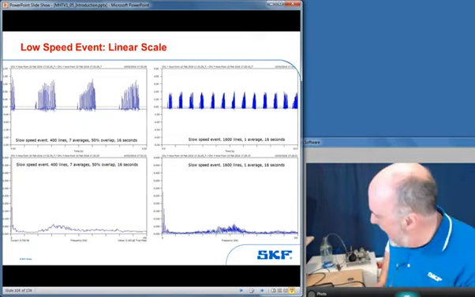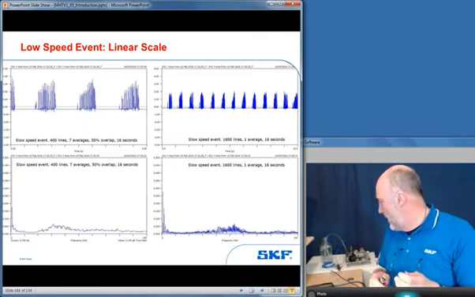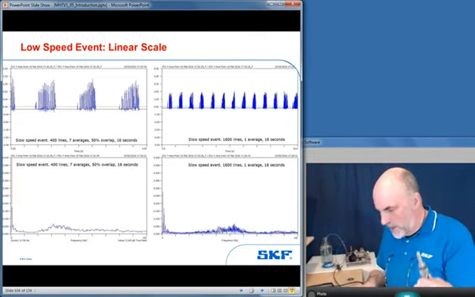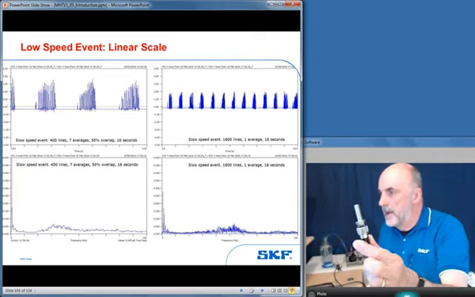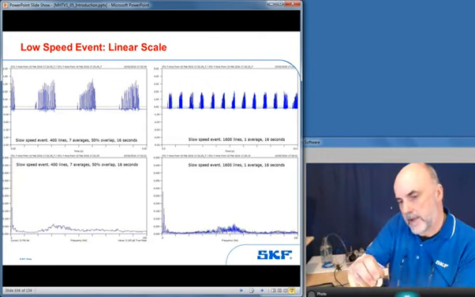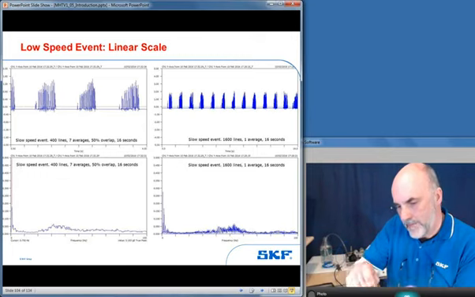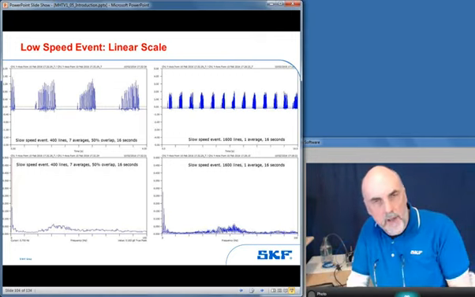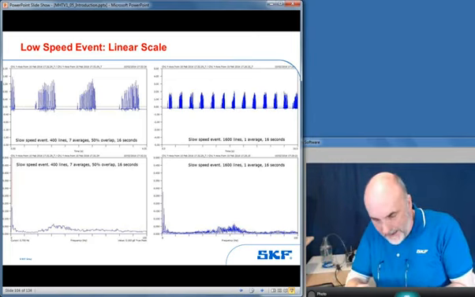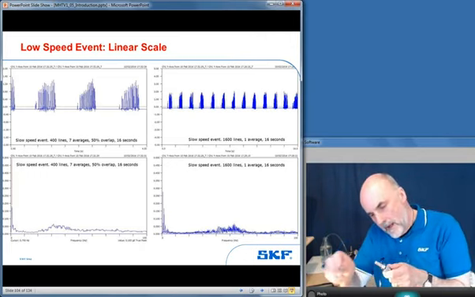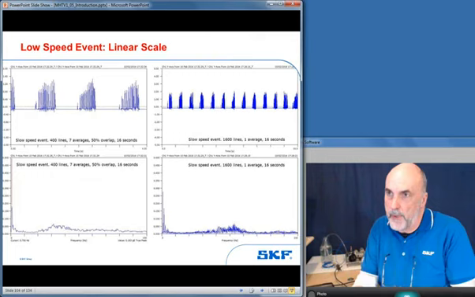It's nearly time up on the hour. So if you forgive me, rather than doing the demonstration live, which will take us an extra 10 minutes, I've pre-recorded this data. What I've done to simulate my bearing damage, I've got a bolt here, and I can scrape the bolt once a second to simulate that damage. And there's no limit to how slow you can go. It's all a matter of dialing in the appropriate lines of resolution or the number of averages, whichever method you prefer. Now there are advantages and disadvantages to both.